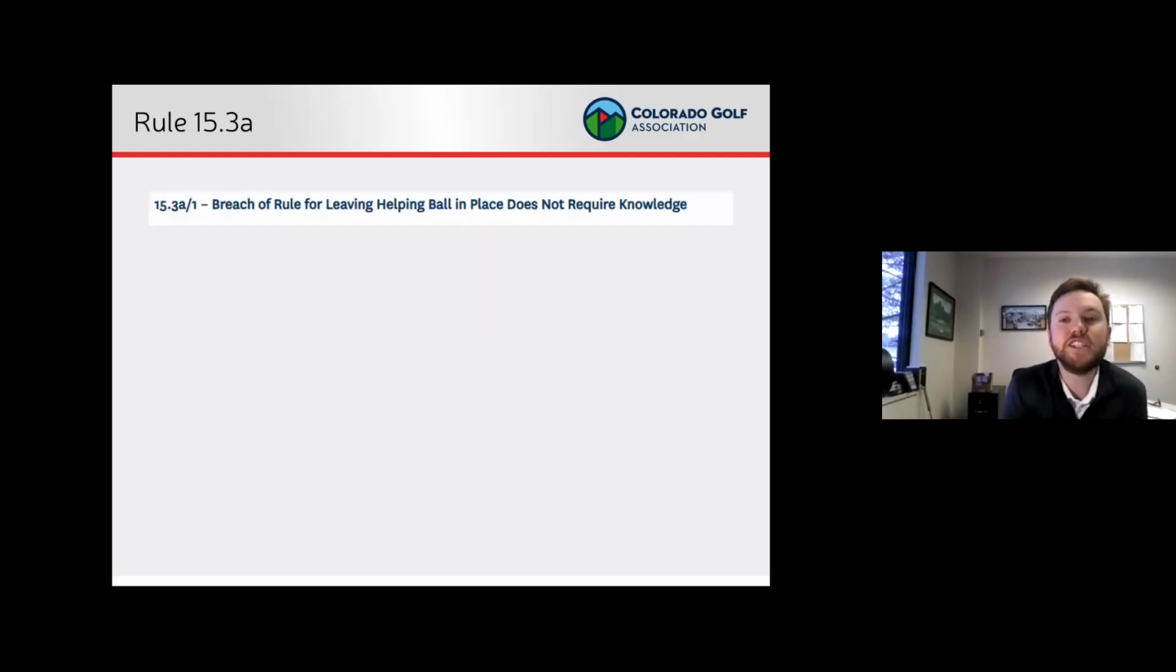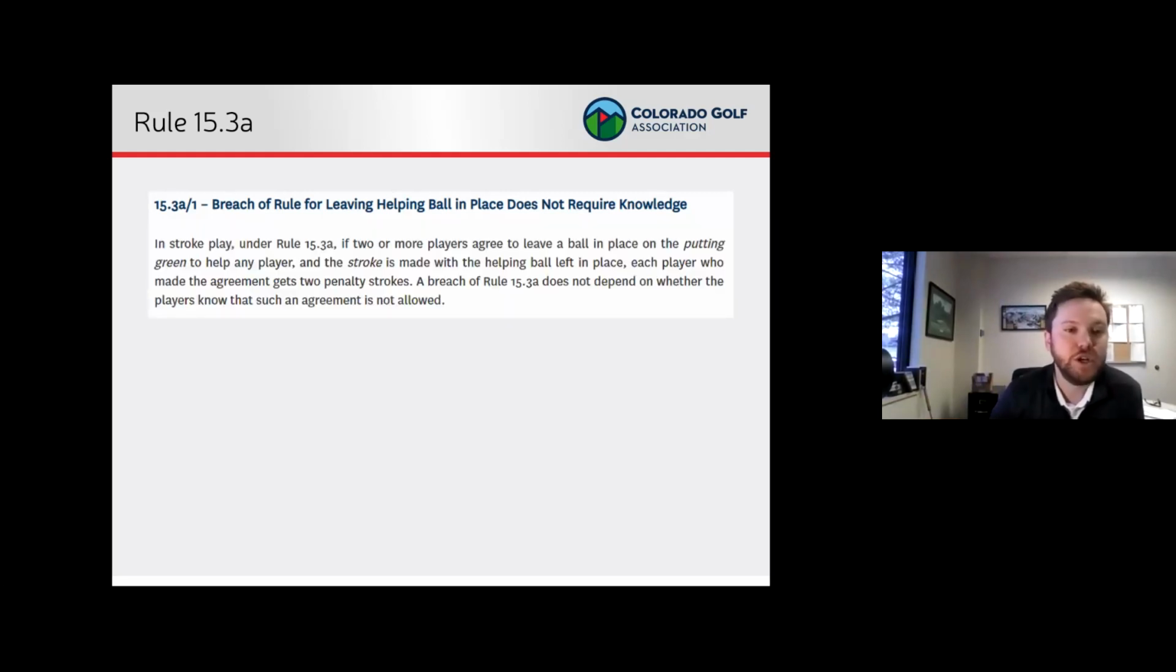All right, and let's look at an interpretation here right quick. It says breach for leaving helping ball in place does not require knowledge. So it says in stroke play, rule 15.3a, if two or more players agree to leave a ball in place on the putting green to help any player, and the stroke is made with the helping ball left in place, each player who made the agreement gets 2 penalty strokes, general penalty. A breach of Rule 15.3 does not depend on whether the players know that an agreement